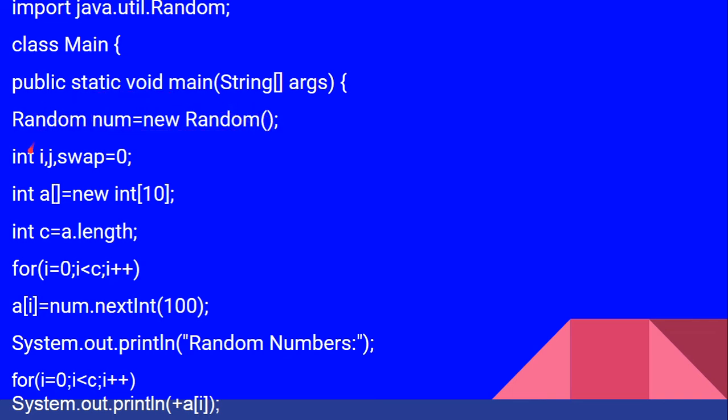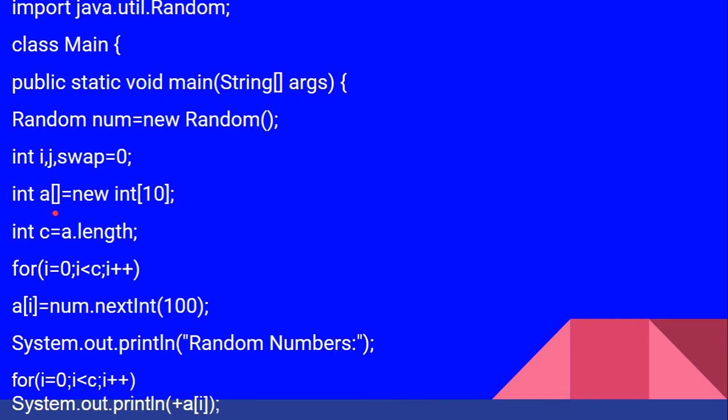Then int i, j, swap is equal to 0. We are using three variables i, j and swap, initially equal to 0. All are integer variables. Now here we are creating a new array called a. This is an array with the open and close square brackets here.